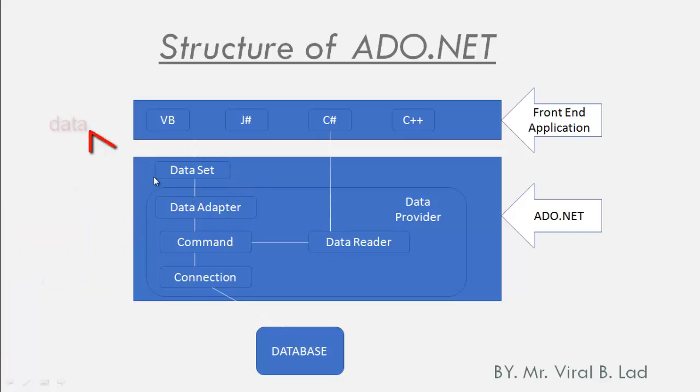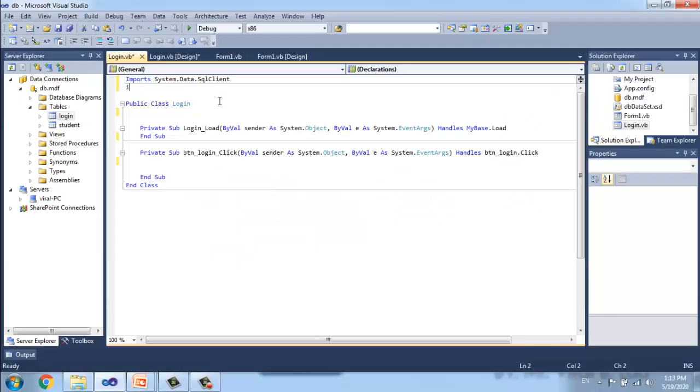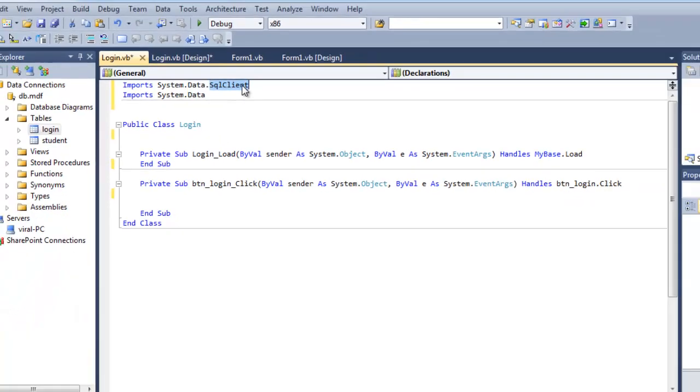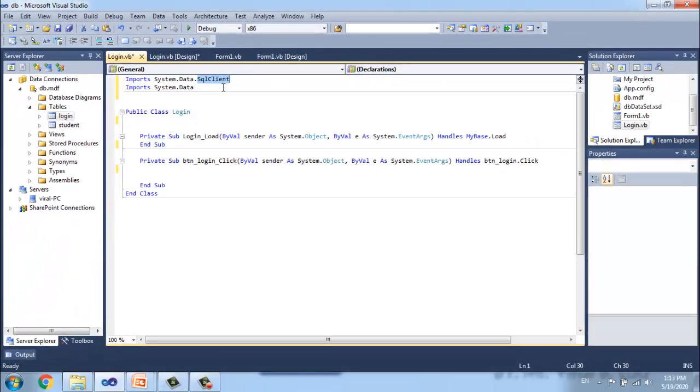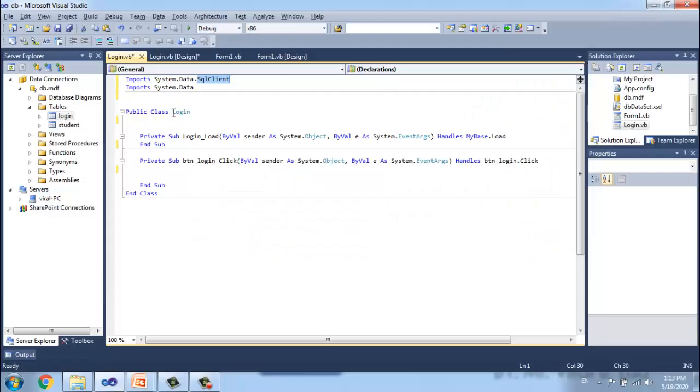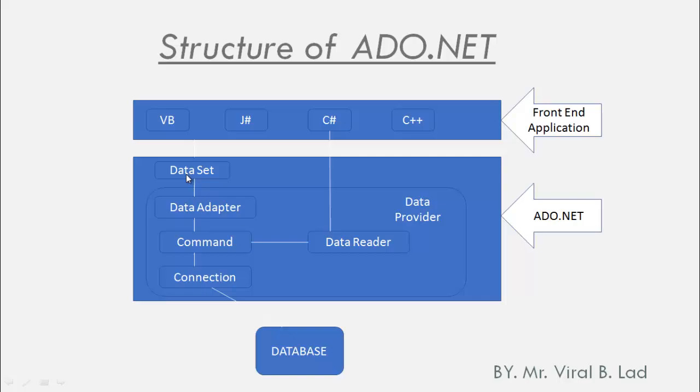In this lecture we are using dataset, so we have to use another namespace for dataset. The namespace for dataset is System.Data. SqlClient is the namespace for the classes connection, command, data adapter and data reader, and the Data namespace is for dataset.